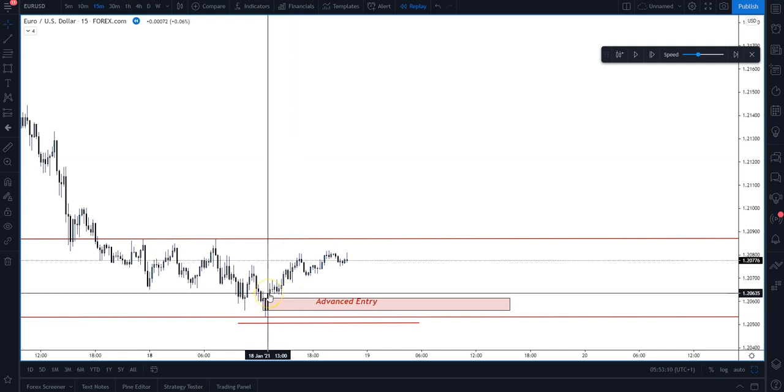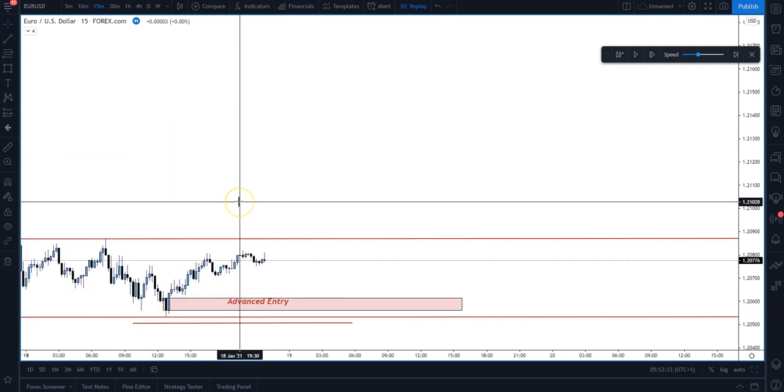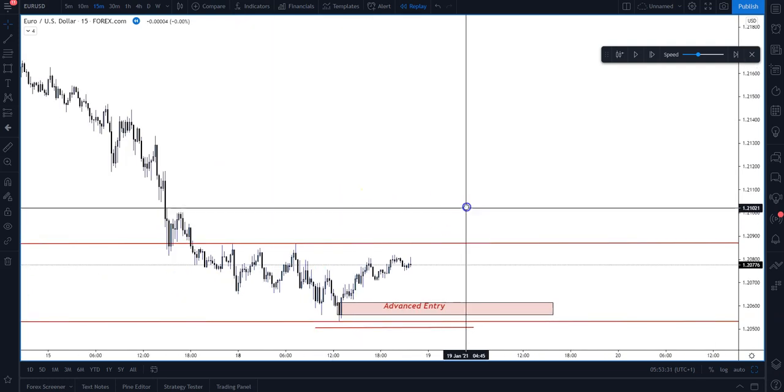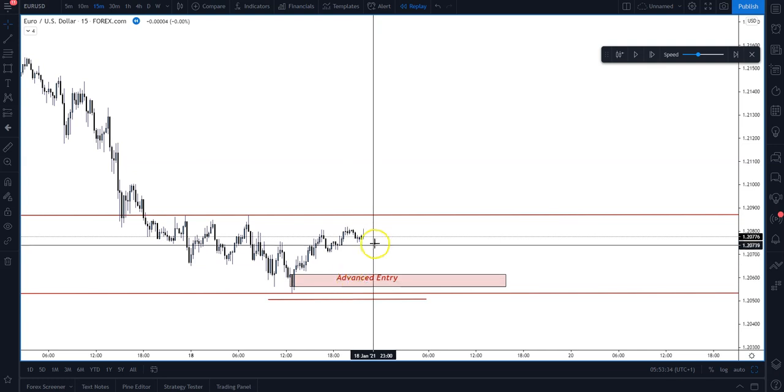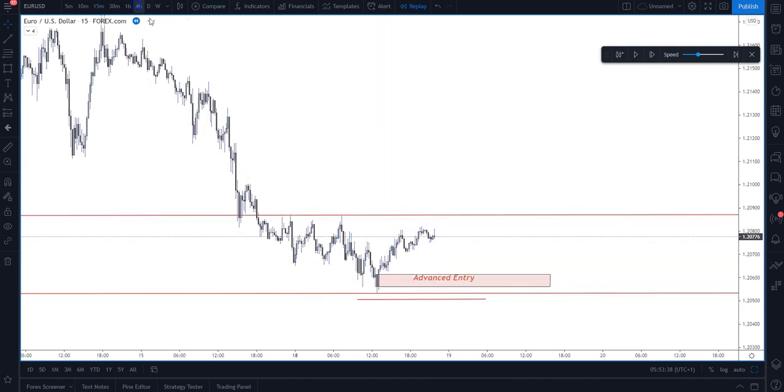So keep in mind, everything is fractal. Whatever can happen in the daily time frame is also happening in the lower time frame, so you can keep catching these things. You just have to understand the patterns. It's just like learning another language, and being 100% familiar with it. So our next move, if you didn't take the entry here, that's fine. That's cool. You didn't miss out on anything, because remember, it's still